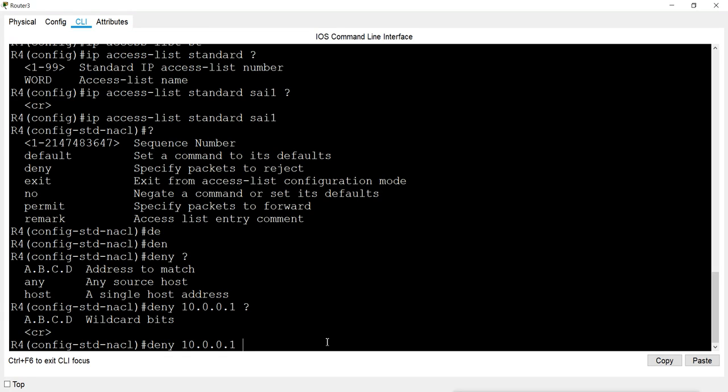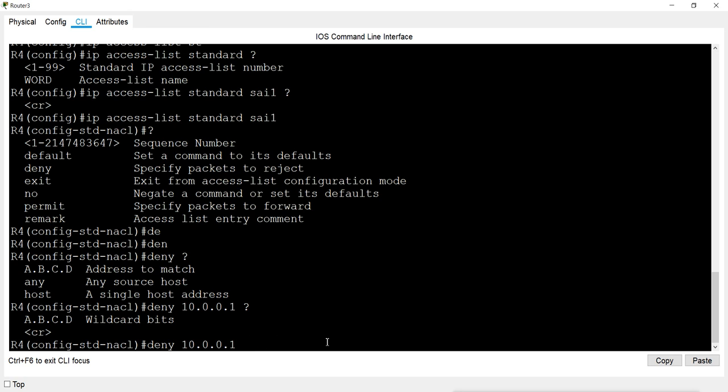Remember the default wildcard mask is 0.0.0.0, and that is for a single host. So whether I give a wildcard or not for a single host, it will act as a single host. But when we mention the network address, then we have to mention the wildcard properly.